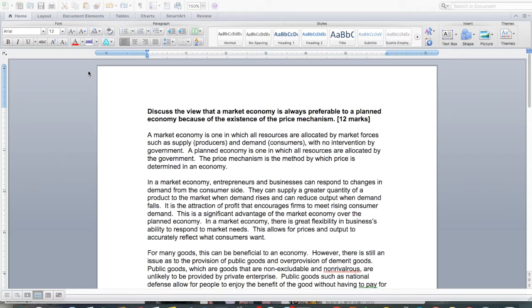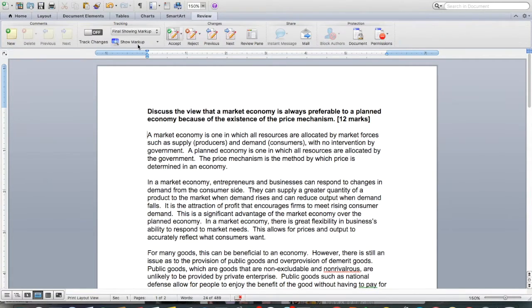This is a look at the CIE AS Economics Paper 2 published paper on the CIE website. And I'm looking at question 3b, which is: discuss the view that a market economy is always preferable to a planned economy because of the existence of the price mechanism. And this is a 12-mark essay, which means it requires